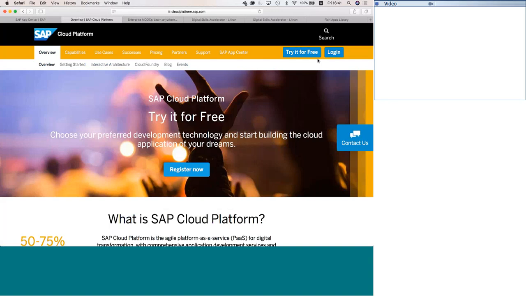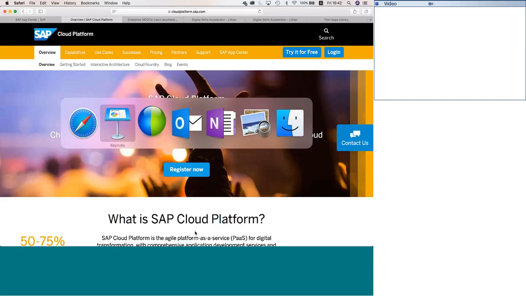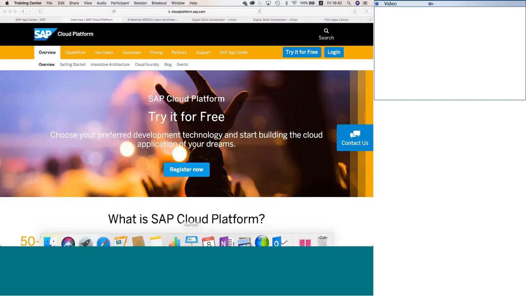So for people who are developers here, I don't know if there are any developers here. You can try this for free. And many people I know who are learning are using this cloud platform, SAP Cloud, sorry, and learning it. It's quite good. It's quite technical, of course. This is not for functional guys, it's more for technical people. But a good way to learn this is this. Okay, I've already given you something free now.